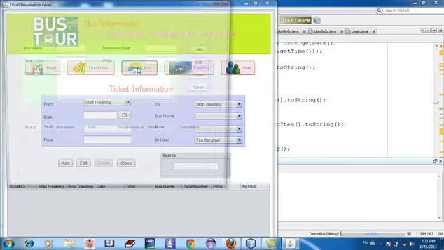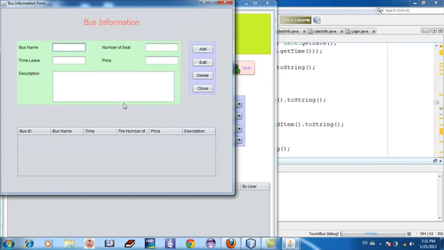And form bus is the form we use to store information about the bus. For example, bus name, the number seat, meaning the number of the seats. For example, bus name A, and the number of its seats is 20, so it has 20 seats. And time leave means the time to leave. And price,